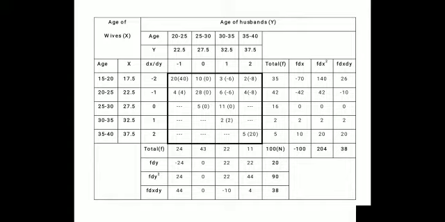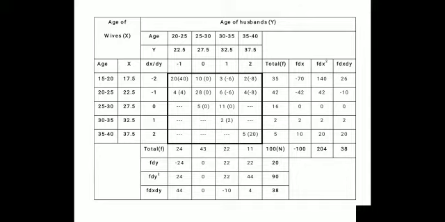The next step is to calculate the value of f dx. So we have obtained the dx value here, that is minus 2. So dx into the total frequency will give us f dx. So minus 2 into 35 will give us f dx of the same row, that is minus 70. In the same way, minus 1 into 42 is minus 42. So the same calculation has to be done for each horizontal row, and we will obtain sigma f dx, that is minus 100.